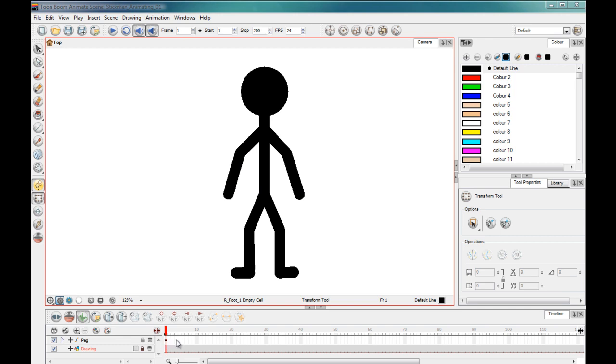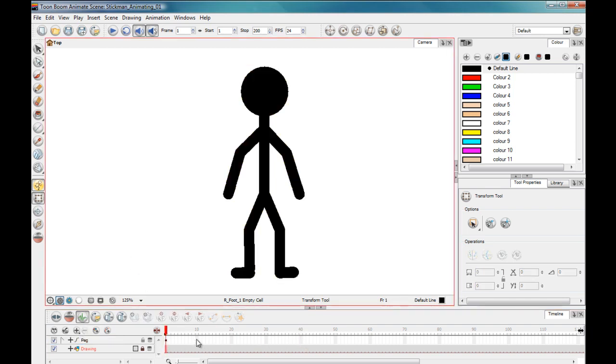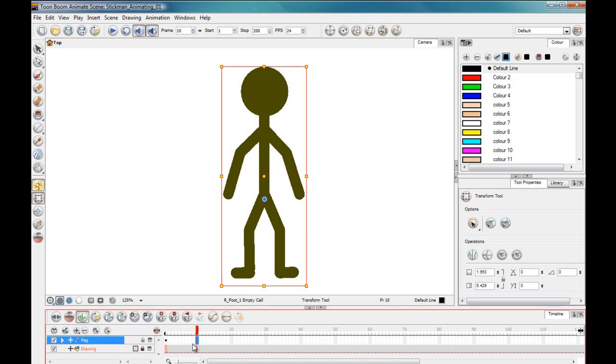So on the first frame here on the timeline, remember I've exposed this character for 200 frames, so we know that wherever we go we have this. Okay, so what I want to do at frame 10, I want this to remain the same. So from frames 1 to 10 I just want him standing in this position. So what we can do, select frame 10, we can either hit F6, which is a shortcut for adding a